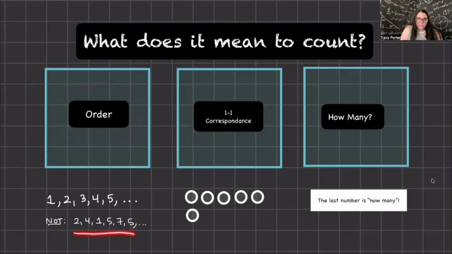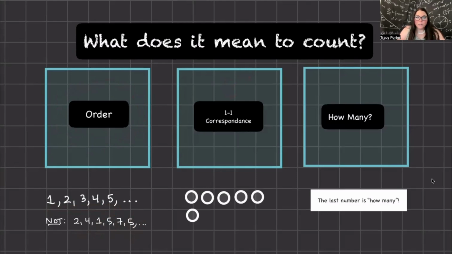You don't want the child to say the numbers out of order, like two, four, one, or even maybe repeat some of the same digits, two, four, one, five, seven, five. So order is definitely a third of it, we can say. So it's one component. So you have to get the sequence in order. So that's what you're going to be looking for. But you have to look for two more elements, and the next thing is going to be a